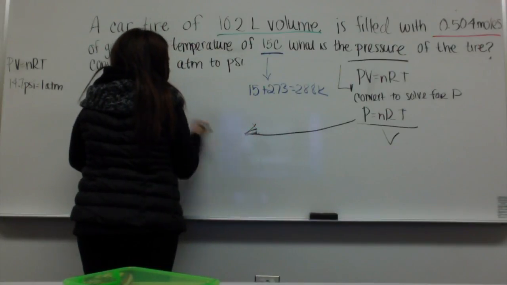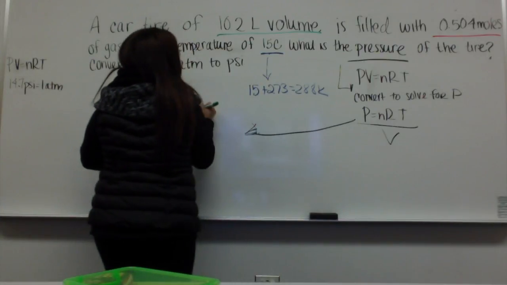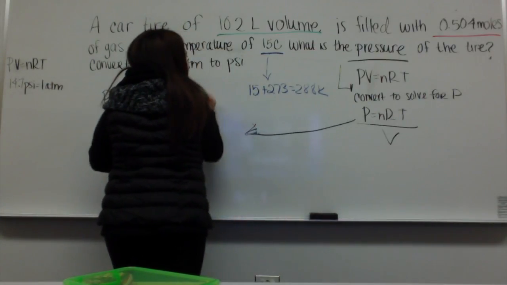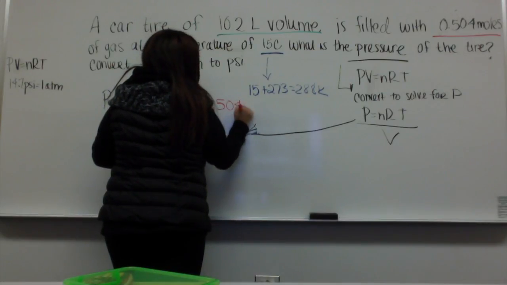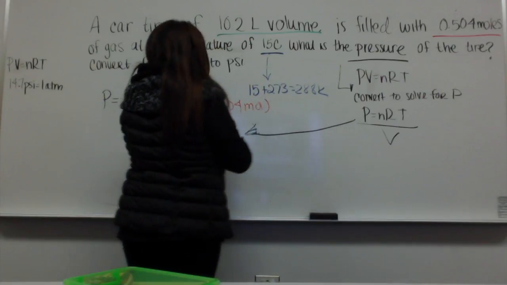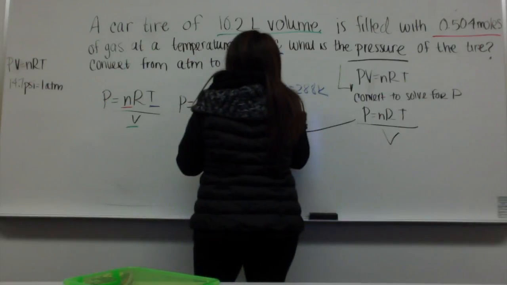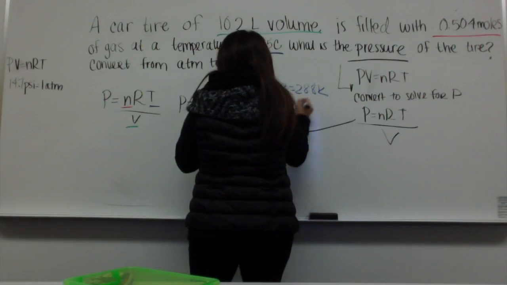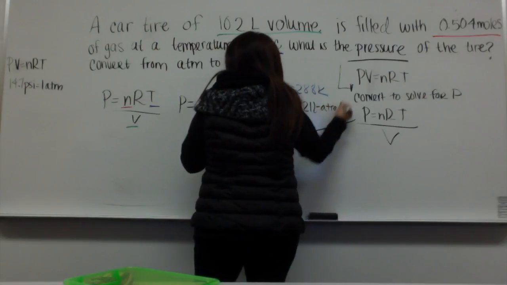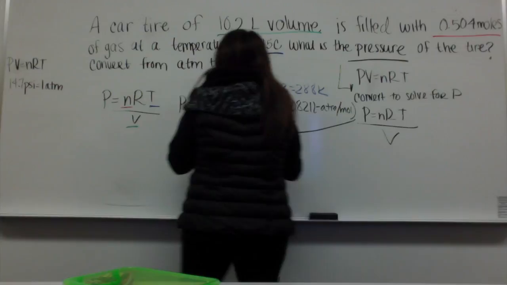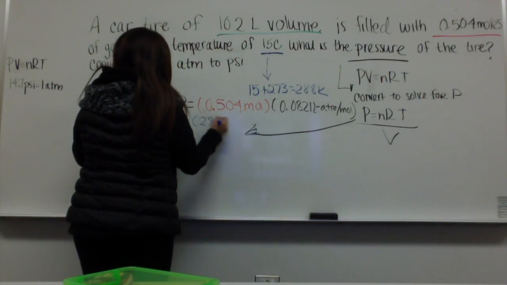Then furthermore, I plugged in all my variables. So I initiated with P equals my moles, 0.504 moles. Then, since we are using liters, I used 0.0821 L·atm. Then I also added my 288, and then I divided that by 10.2 liters, which is my volume. And then once I plugged in all those numbers, my pressure was 1.168